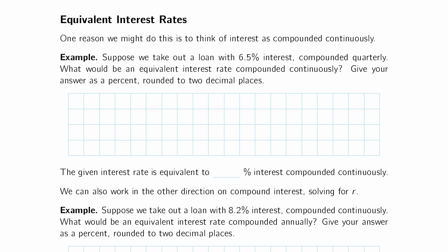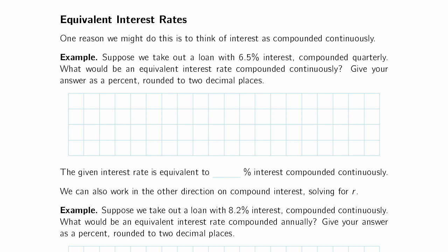One of the reasons that we might want to change the base of an exponential expression is because we want to find an equivalent interest rate if the interest were compounded continuously. We might do this to compare the rates for loans, or we might do this in order to just describe a loan in different ways that are easier to work with mathematically. So for this example,